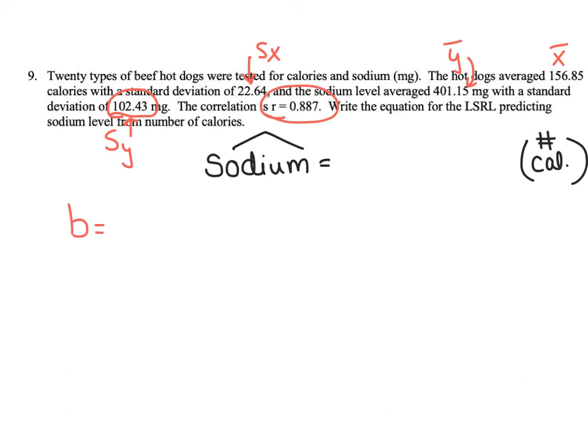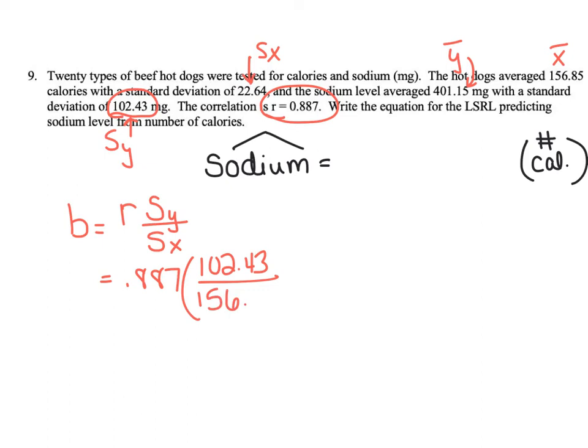From my formula sheet, I know that the slope is equal to r times the standard deviation of the y's divided by the standard deviation of the x's. So I'm just going to fill in 0.887 times 156, oops, I just put that in the wrong spot. That one needs to be in the denominator. Even though I labeled them, I still got them in the wrong spot. So I highly encourage you to label things in that word problem just like I did. All right, toss that in your calculator, and I get